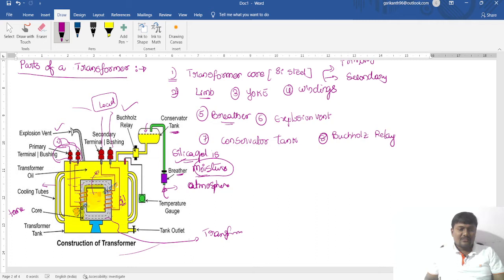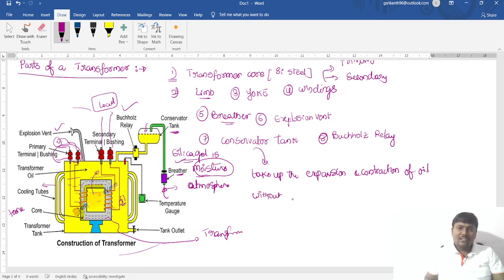The function of conservator is to take up the expansion and contraction of the oil